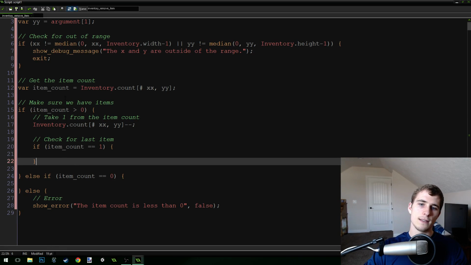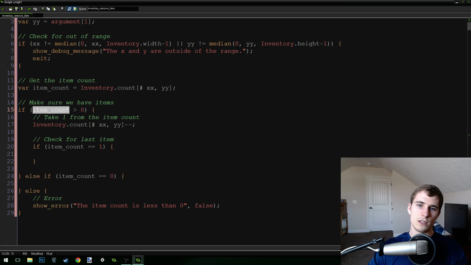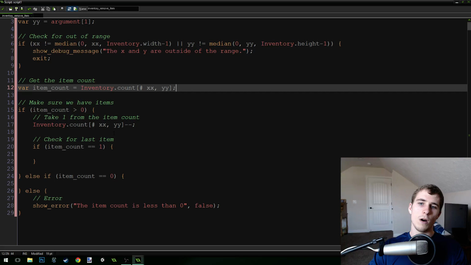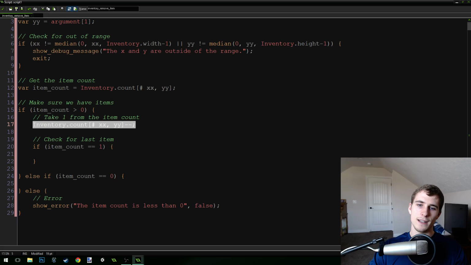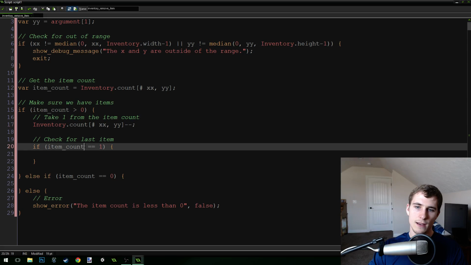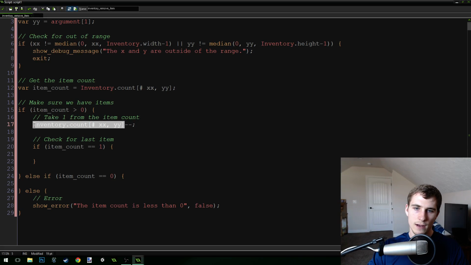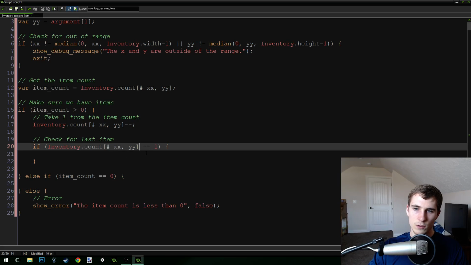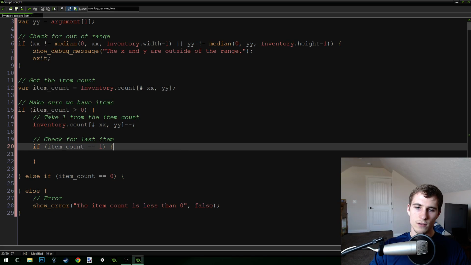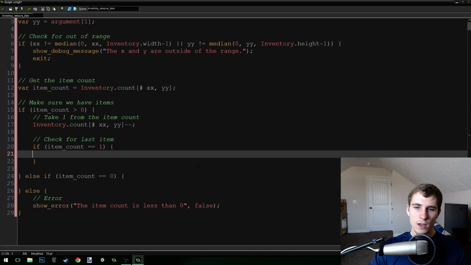Since item count was saved clear up here, it's still going to be equal to 1, even though we subtracted it here. We can't use this unless we say this right here is equal to 0. You could do that as well, but there's no reason to use the accessor again. We can just use the variable that we created, item count. So if item count is equal to 1, then